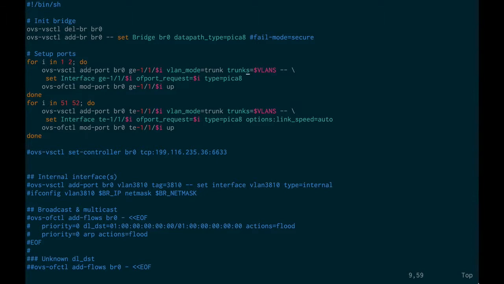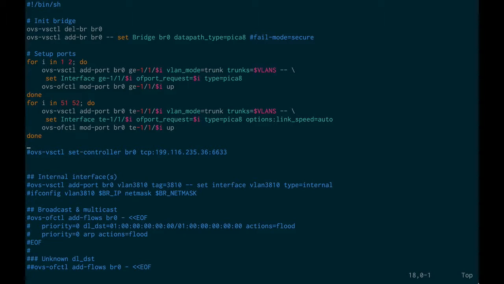And to set up a number of ports in trunk mode, and this switch is actually configured and set and resides in a data center, and is used to switch traffic between OpenStack cloud hosts. There also is a command you can see here that currently isn't in use to set a remote controller for this switch. And this command